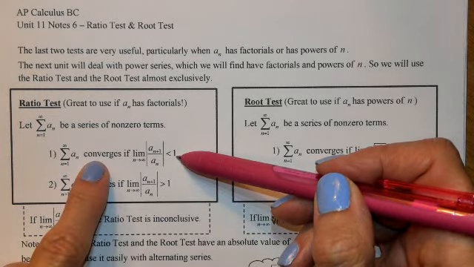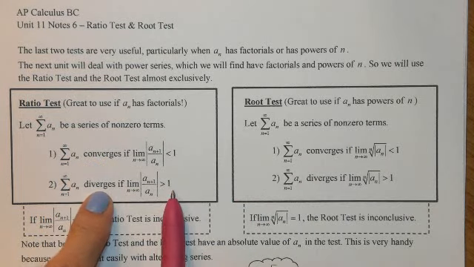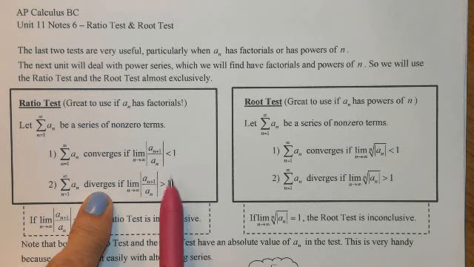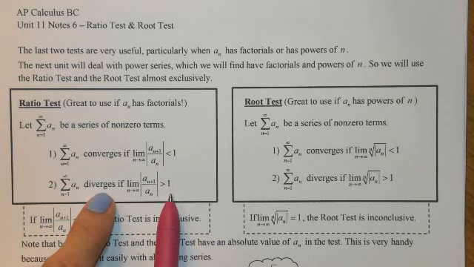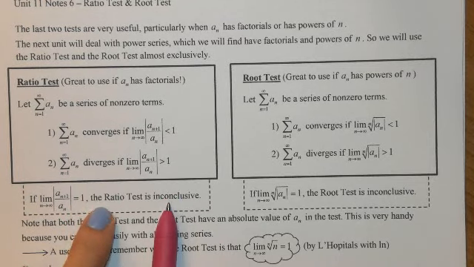If that ratio is larger than 1, then the series diverges. So you're going to be finding these limits and comparing them to 1. Are they greater than 1 or less than 1? If they're equal to 1,